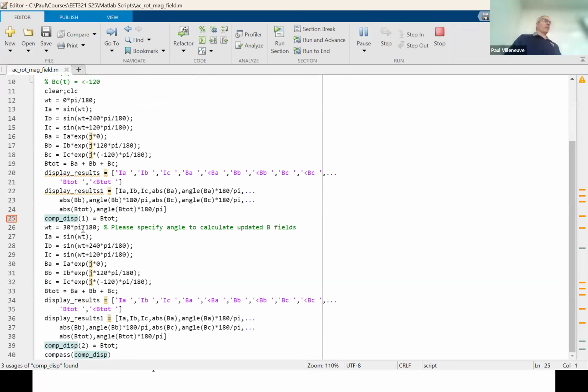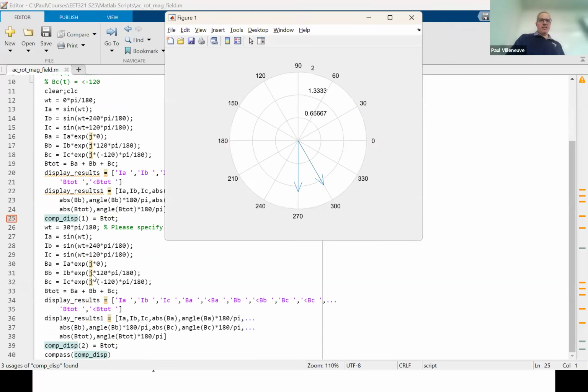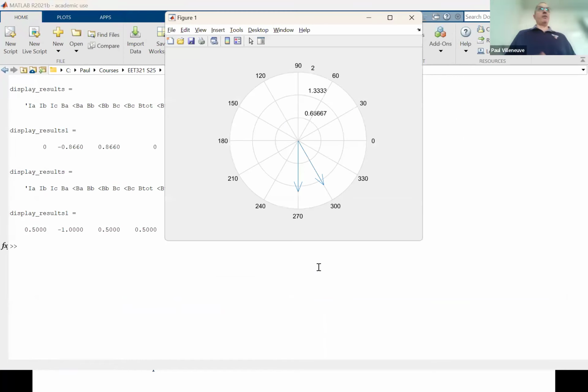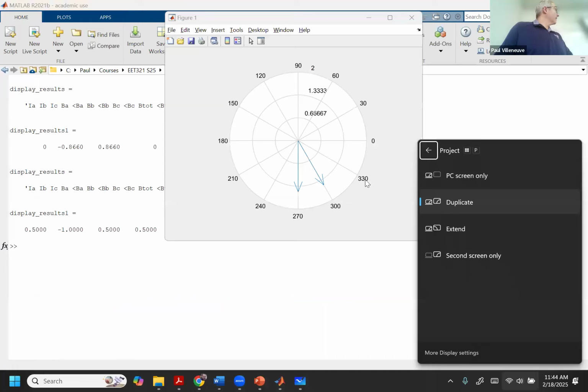So all I've done is rotated 30 degrees electrically. And I want to see, whoops. Did it again. See, I can't see what you guys are seeing on the screen. So let me try that again. Here's the PC screen. And let's duplicate it. There we go. So now you can see my original one